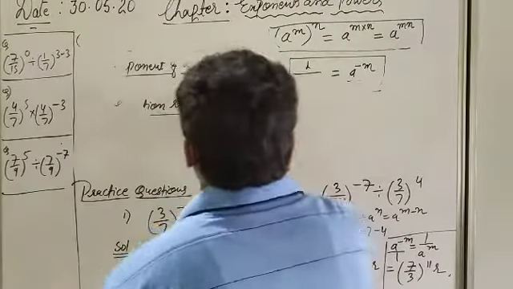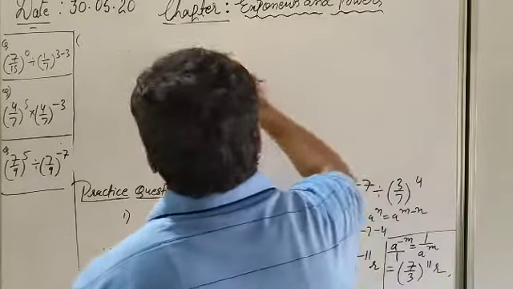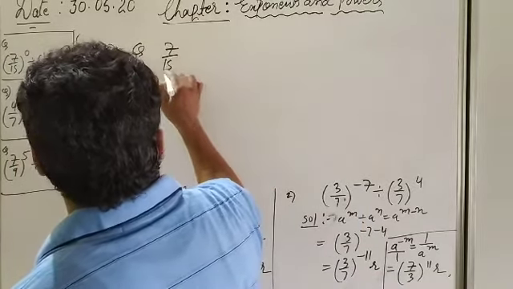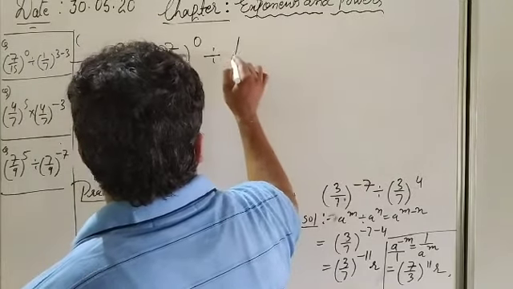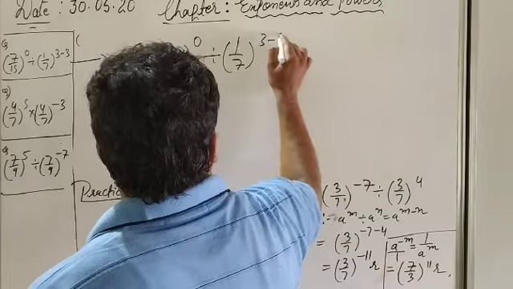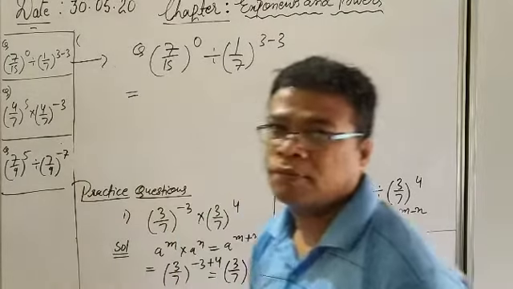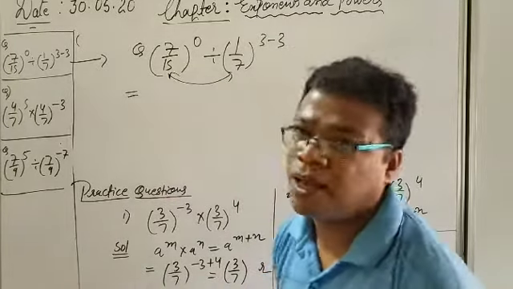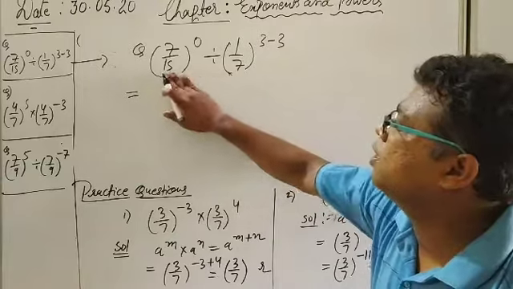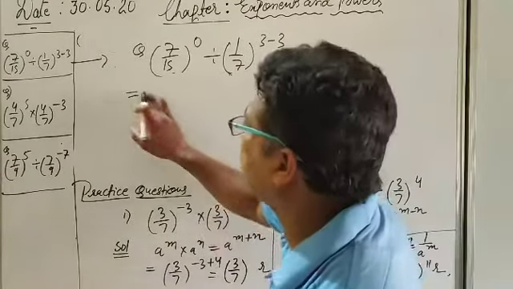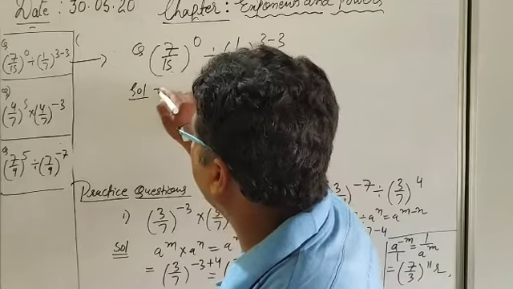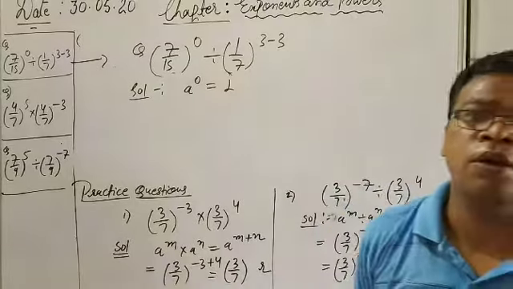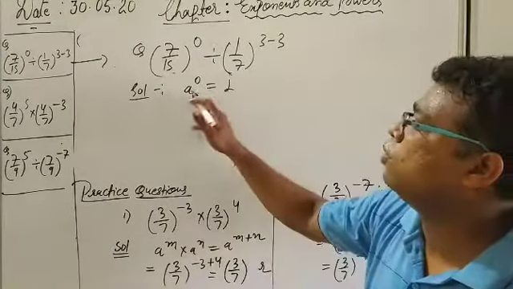See, things are right now very clear. You will see this particular question I am again writing. 7 upon 15 power 0 divided by 1 upon 7 and 3 minus 3. How to start? See the power. Here the bases are not equal. No problem. We will see individually. 7 upon 15 to the power 0. So we are knowing the rule: a to the power 0 is equal to directly 1. Meaning is that 0 exponent rule. So 0 exponent rule directly we will apply.